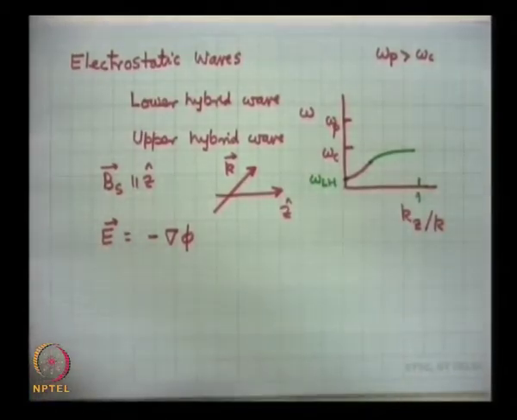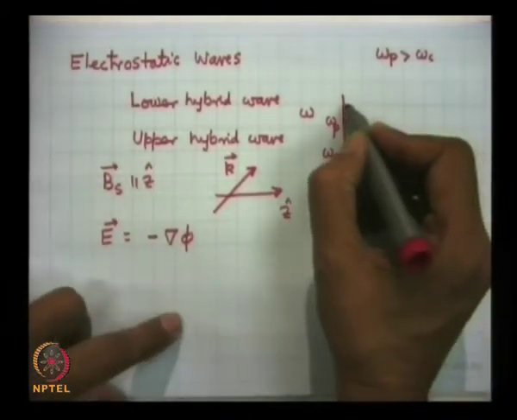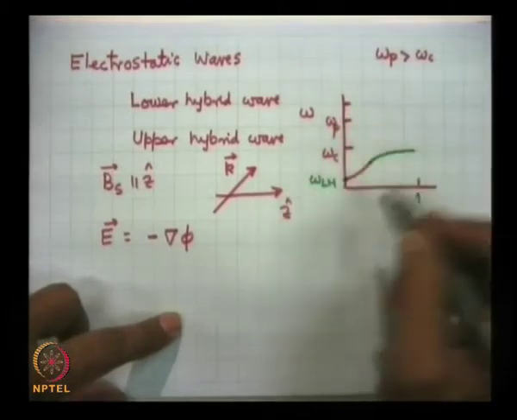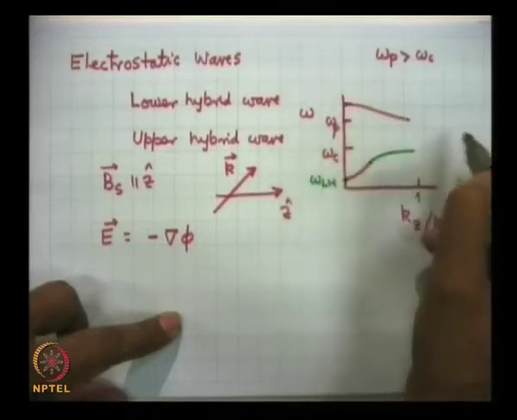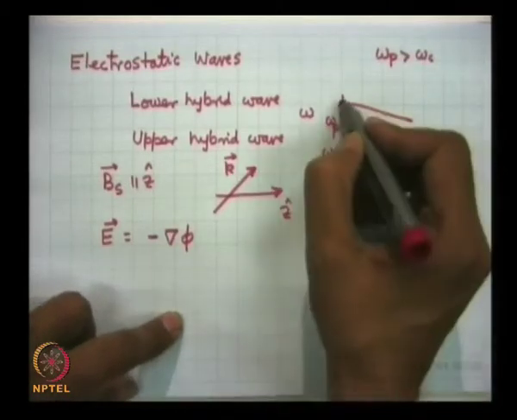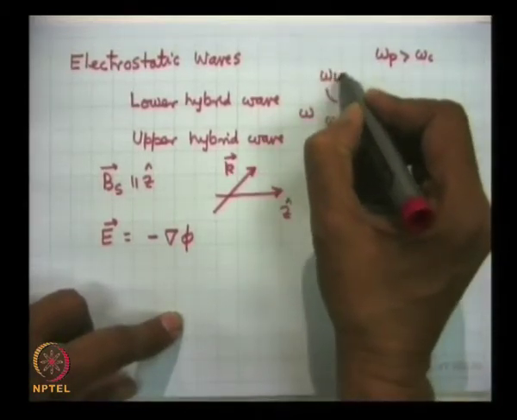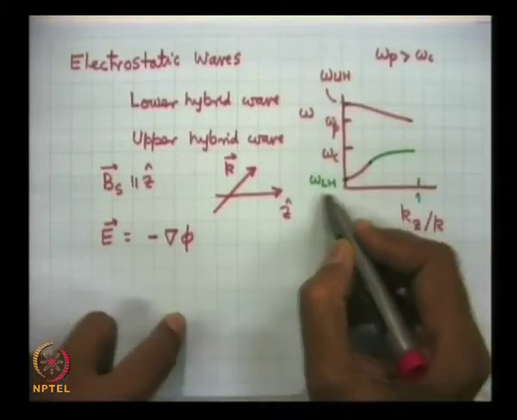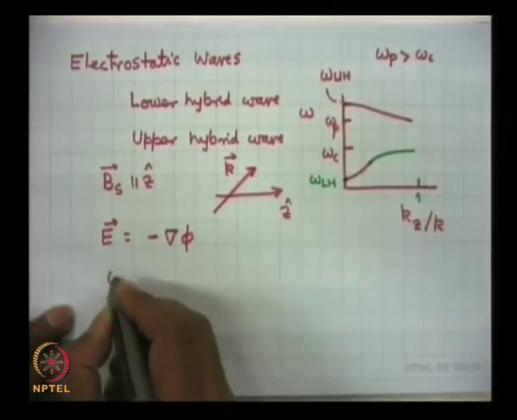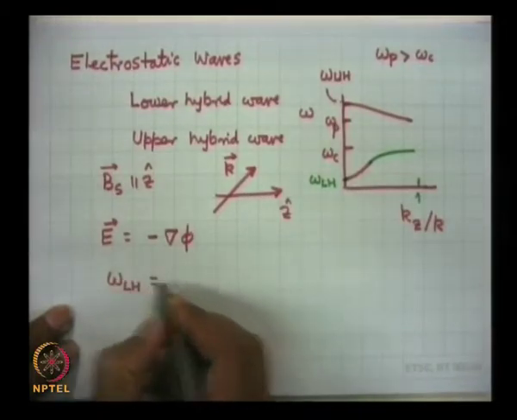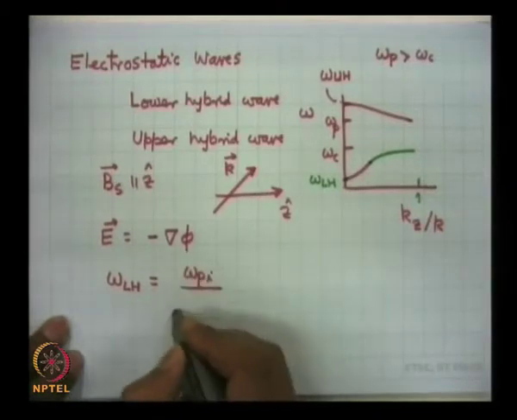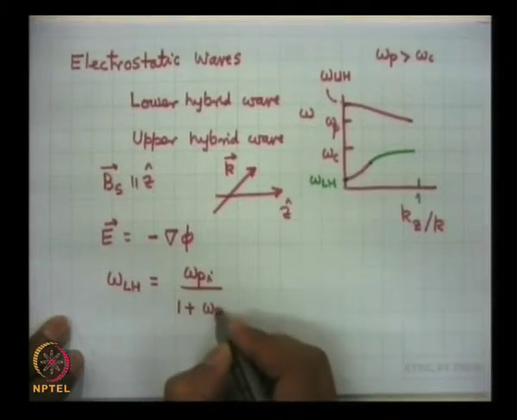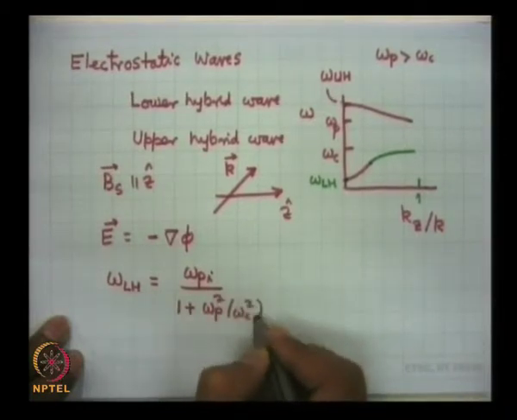and the upper hybrid wave, if I plot this dispersion relation here, and we shall do it someday, then it varies between two frequency ranges. It starts from somewhere called the upper hybrid frequency and goes like this. So, this is the frequency called the upper hybrid frequency omega UH. Now, these quantities omega LH and omega UH are simply symbols. Omega LH is symbolically written for this quantity, the ion plasma frequency divided by (1 plus omega p square by omega c square) to the power half,